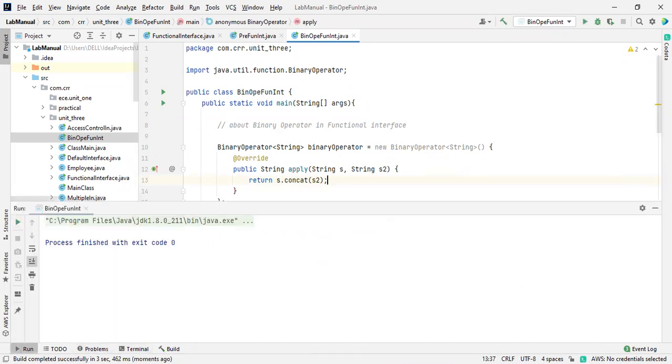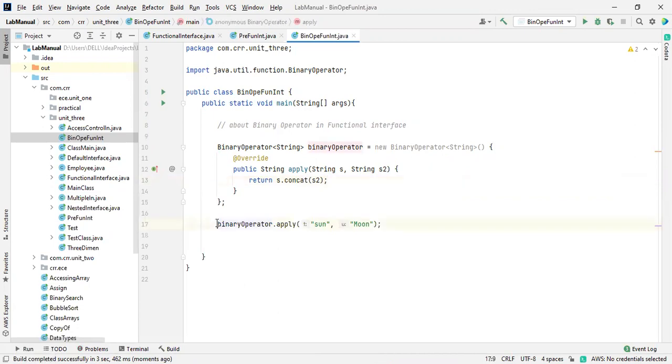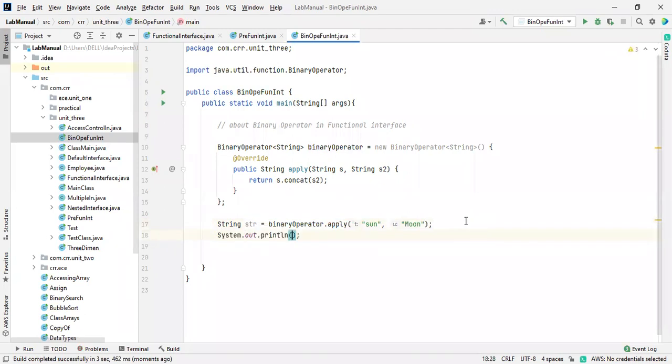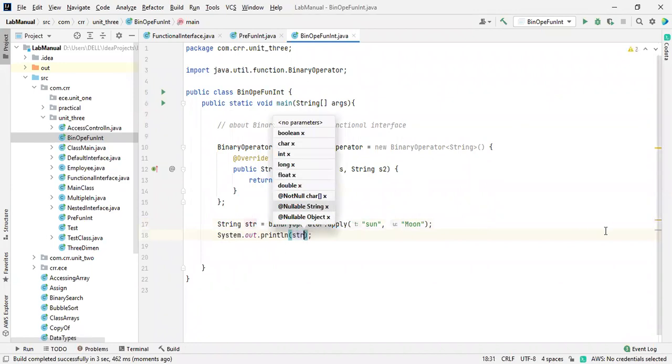It should be inside a system.out.println, or else it won't print anything. String str equals this, and I'm going to print the values: system.out.println, str.